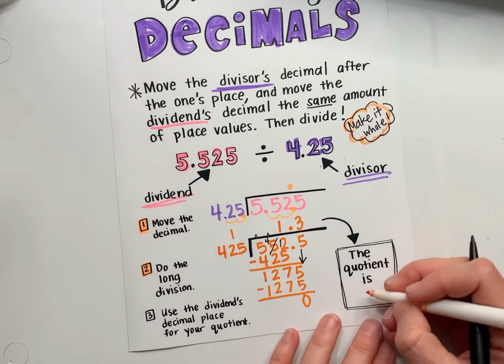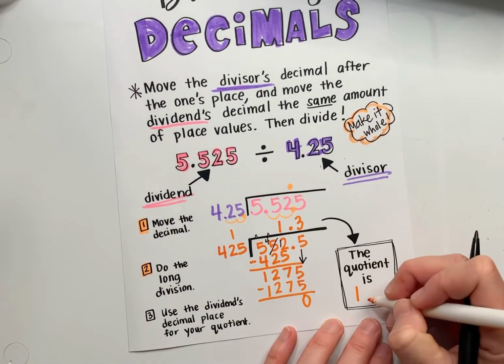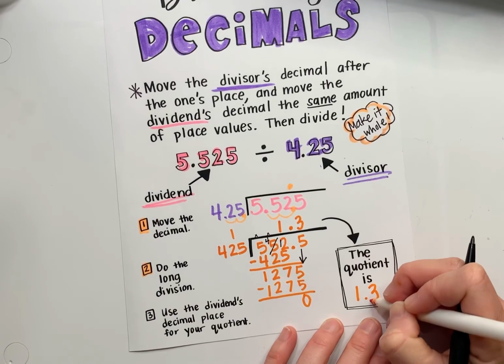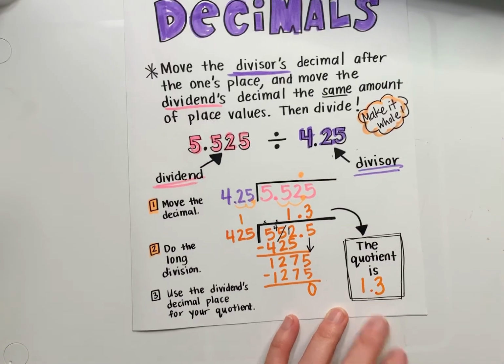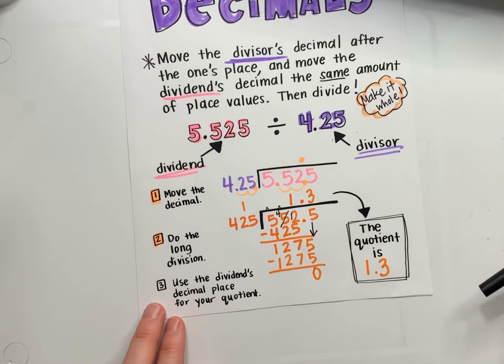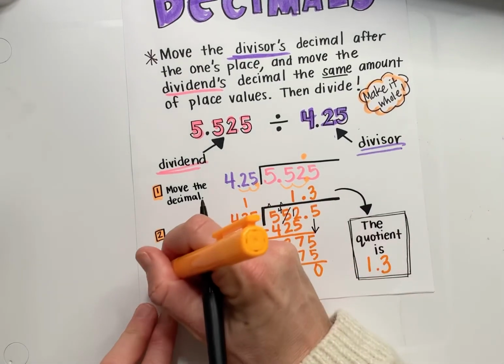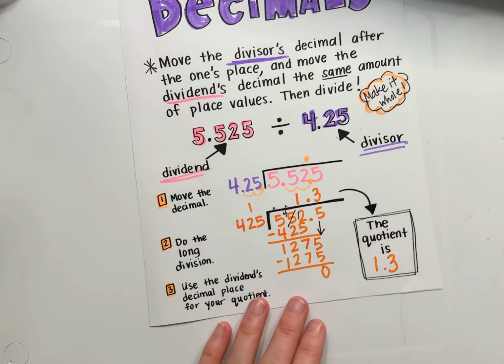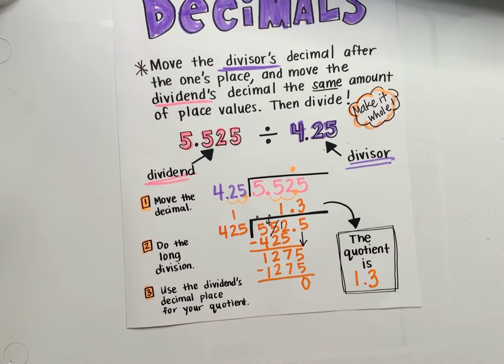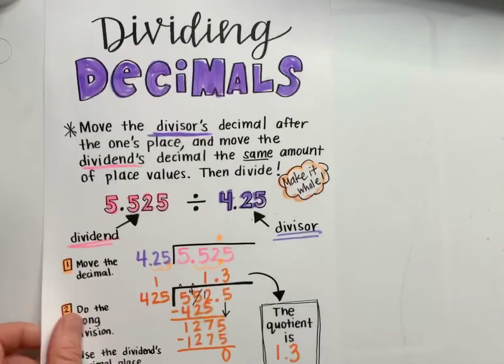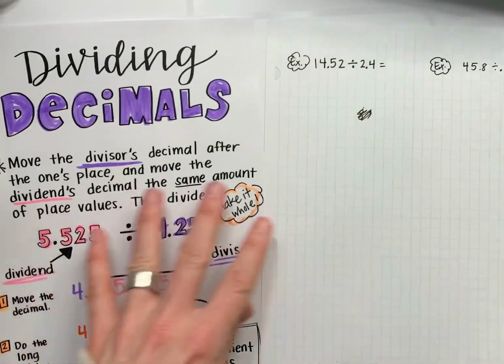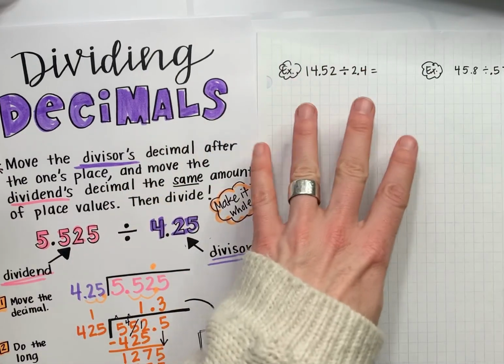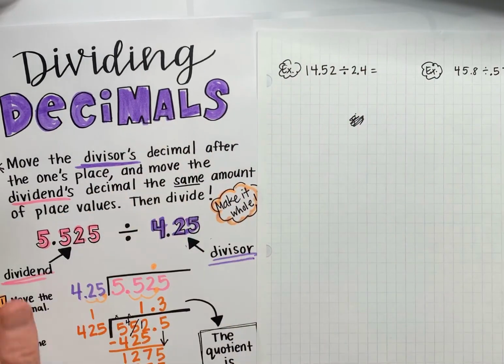So the quotient is going to be 1 point. There we go. And then here's the remainder at the end. Use the dividend's decimal place for your quotient. We already took care of that by bringing the decimal place up there. So that's kind of how you do that long division. Now, I'd like to model for you a couple others. So please also record this in your math journal next to where you're planning on putting those decimal guided